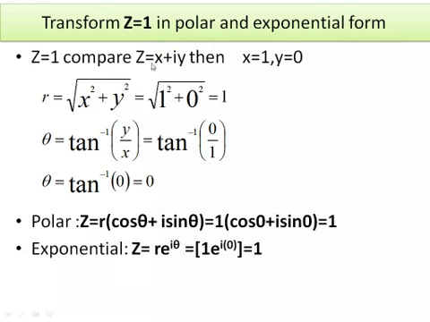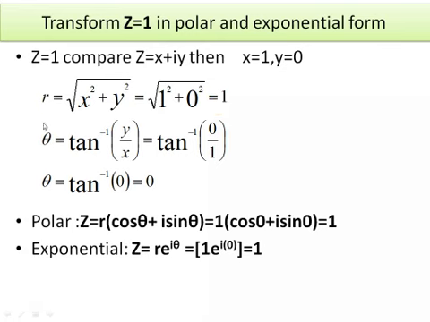So by comparing the real and imaginary part, we will have x is equal to 1 and y is equal to 0. Once we know the values of x and y, we will calculate their modulus. The modulus of a complex number has a fixed formula, that is square root of x square plus y square. Let us substitute values over here. Then we are getting the value of r, that is modulus, is equal to 1.